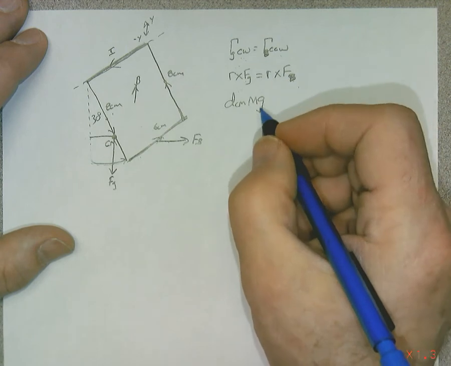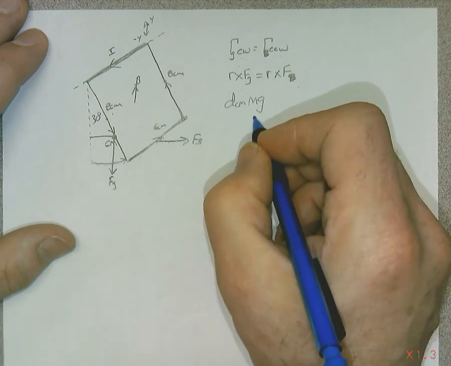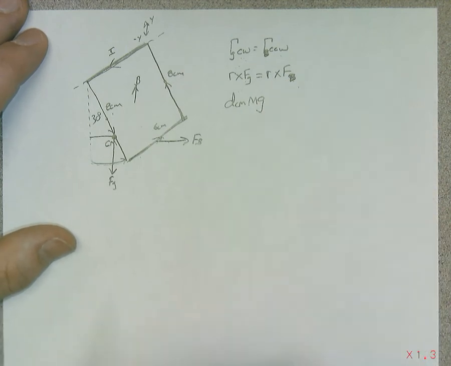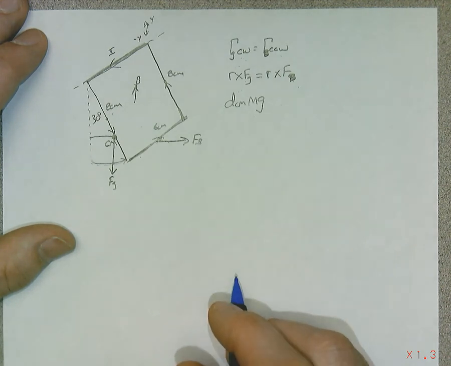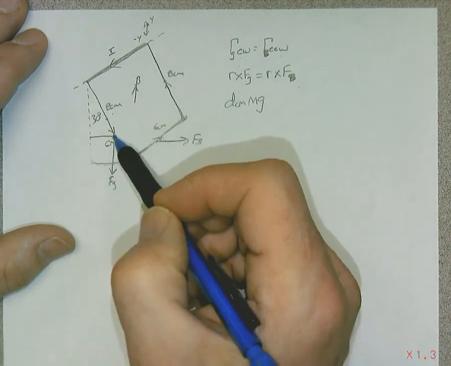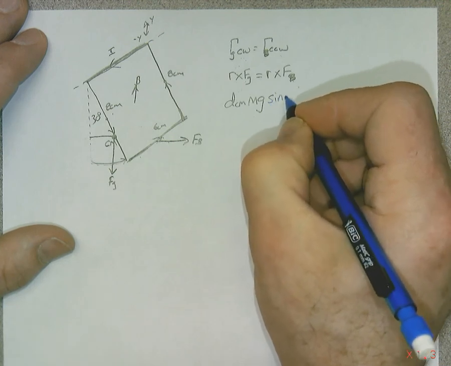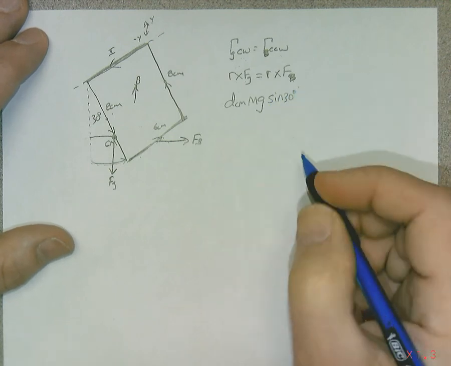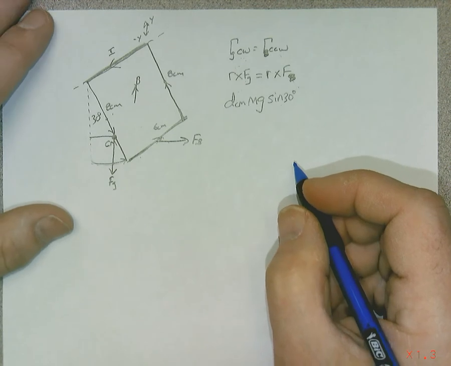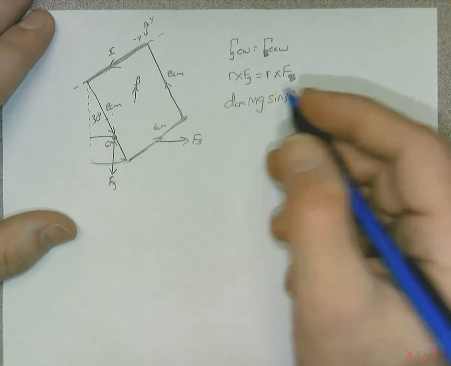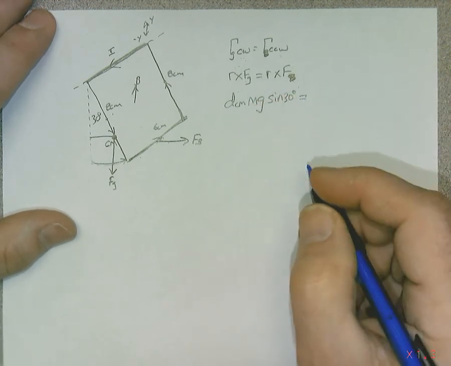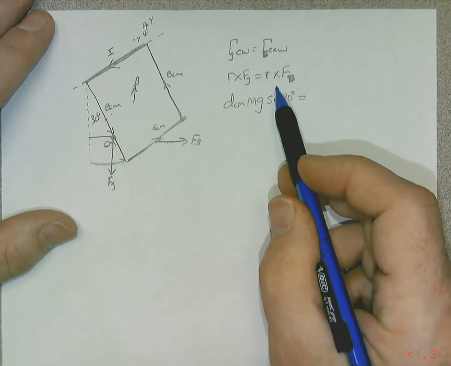Well, the angle between the radius line and the force is 30 degrees, so it's sine of theta, sine of 30 degrees. So d_cm mg sine of 30 is equal to, now we need to make that equal to the